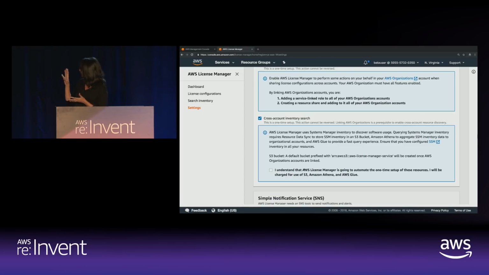And when you check this option, what the license manager does at that point is it takes all the member account instances, it configures SSM inventory on them, and then it also configures resource data sync, where all the SSM inventory data is pumped into S3, and then we load it up into Athena to give you a unified view across all your accounts, which is queryable based on a few different parameters like application name, resource ID, platform name, and all of that. So I will be demonstrating that search interface very shortly, but this is the setup part